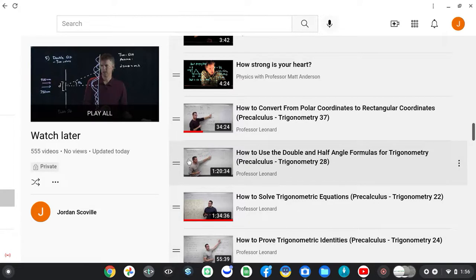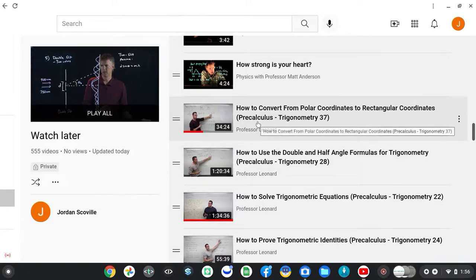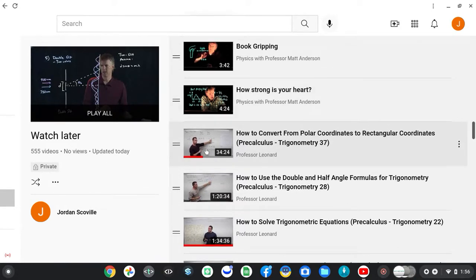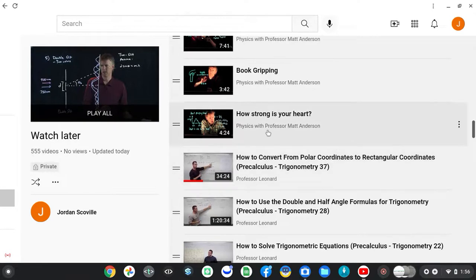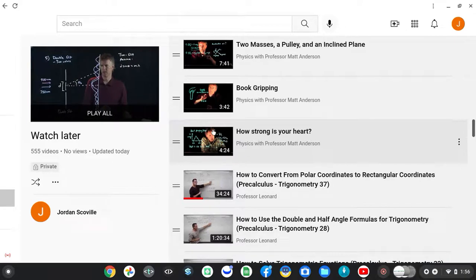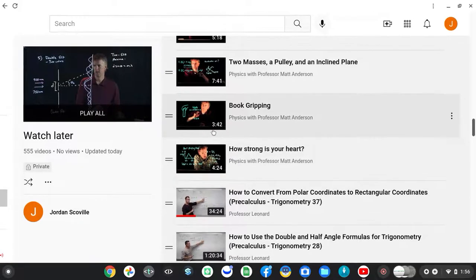Because look at it. Let's take a look at what we got at the board here. Especially in your books, if you were running something like this, how to convert a polar coordinate to a rectangular coordinate, right? A real location on Earth with the logarithms, all this setup to get through there. And how strong is your heart? I thought this was a fun way to deal with the question and the problem.